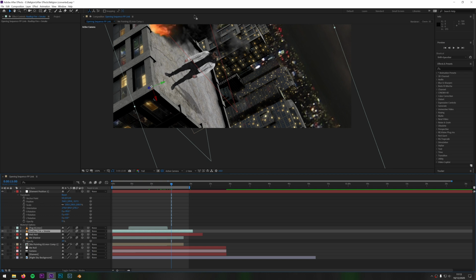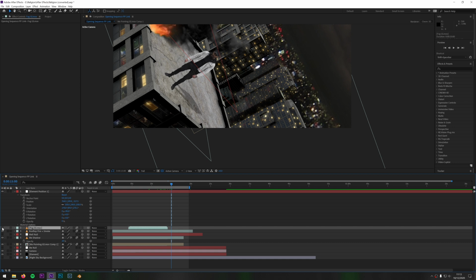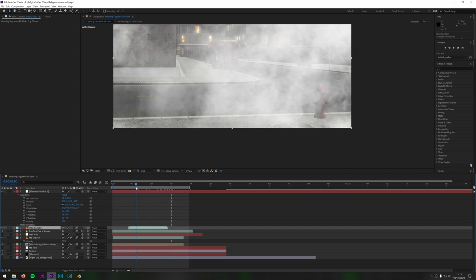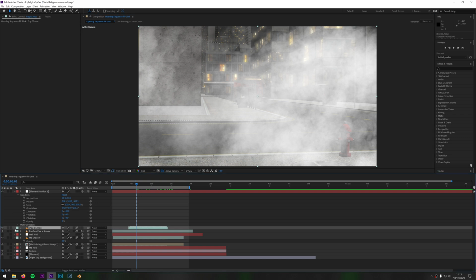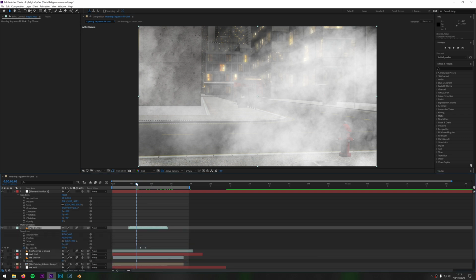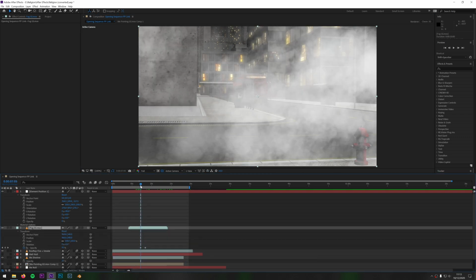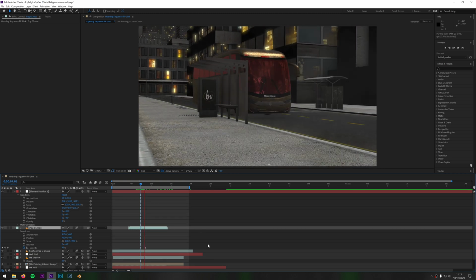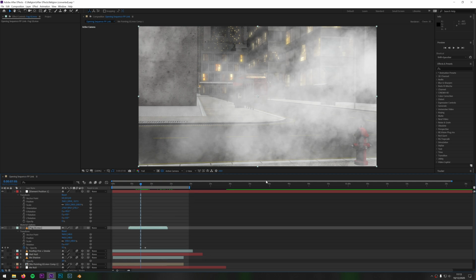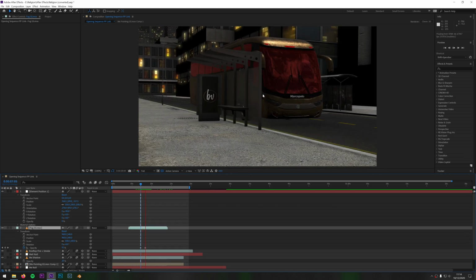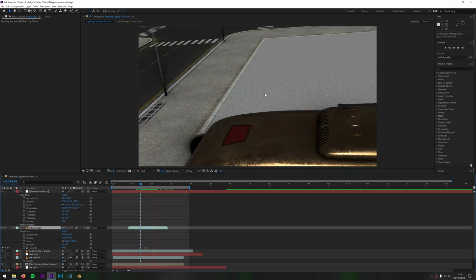Same thing, generate a null, position, and put the smoke on. One up from that is fog. So this is the starting one, which is the fog. With the fog, I just added some keyframes here for opacity. It starts off quite high, and then the fog just fades away. Element 3D doesn't allow you to do anything like volumetrics, unfortunately, not yet anyway. So this is just a very quick, simple way to do it. Gives a bit of an effect.